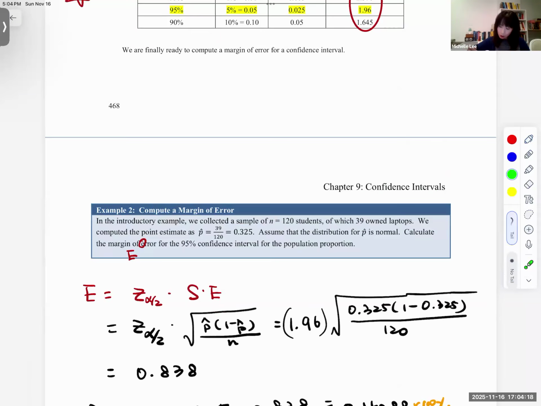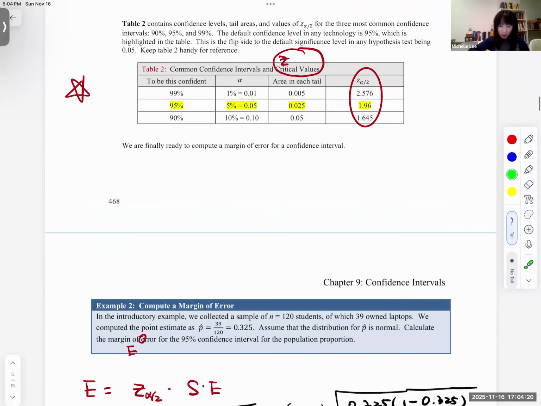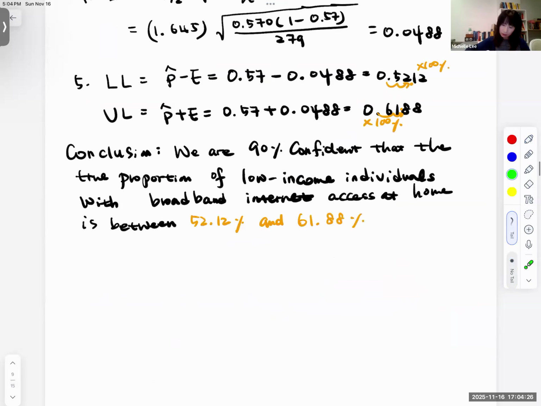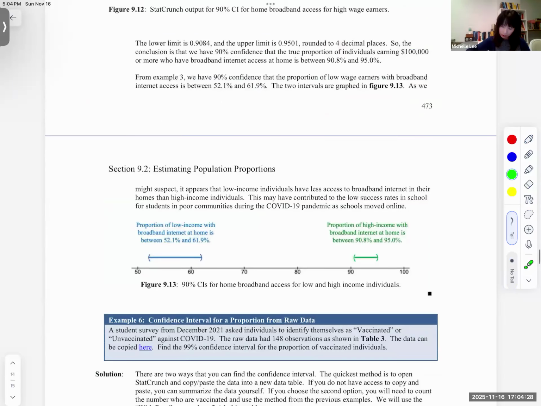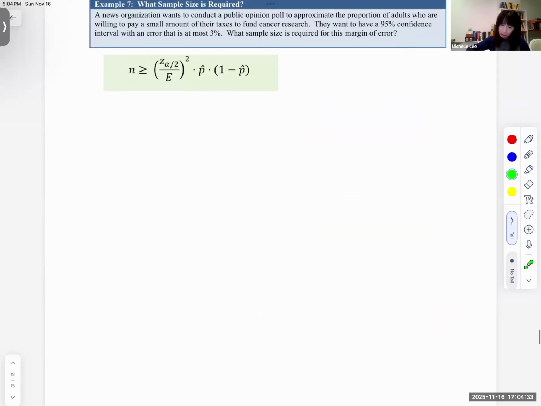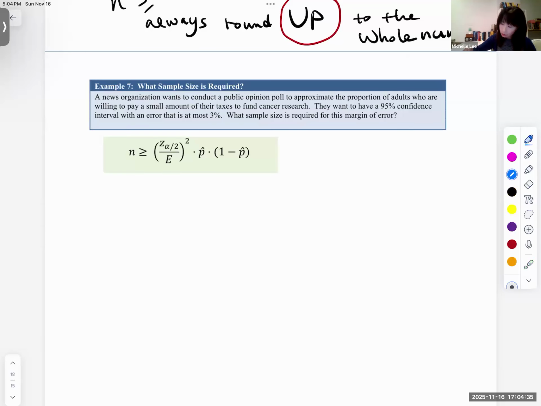So the Z score, Z critical value, there we go, is 1.96. So n equals 1.96 over the margin of error, 3% means